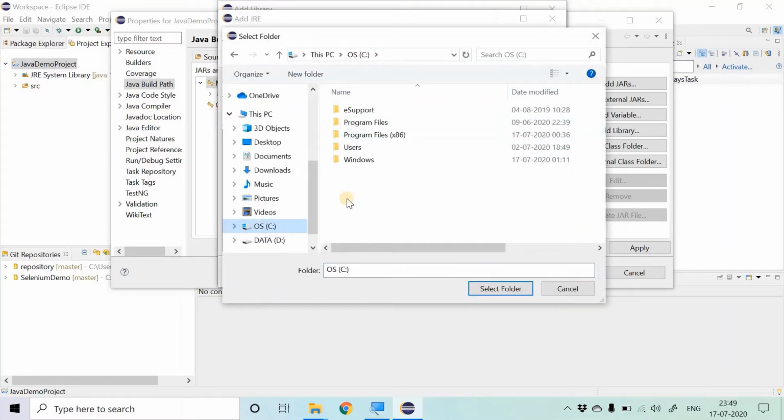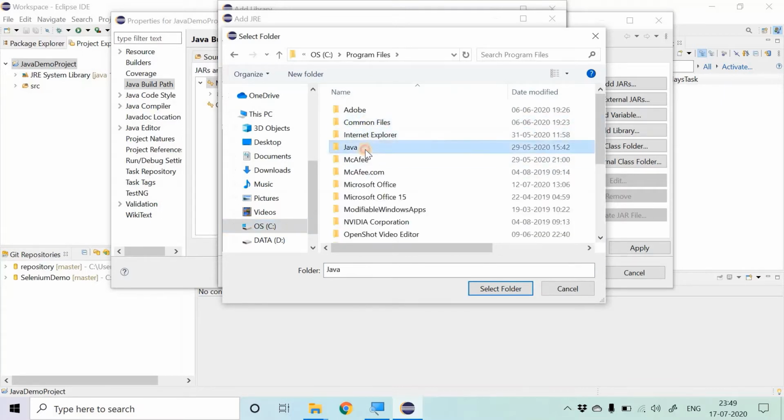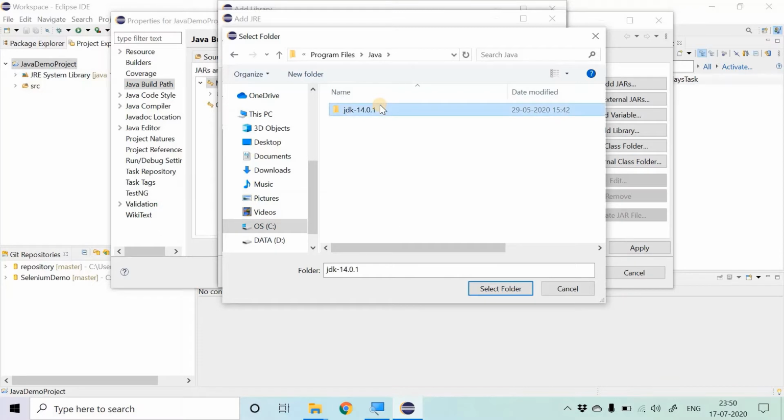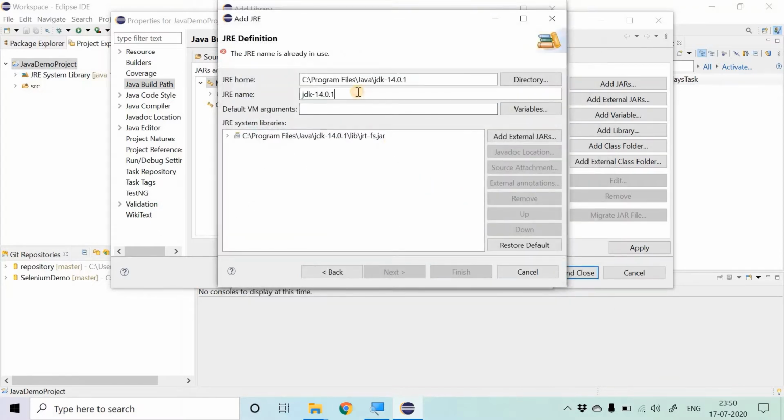For this you need to know where your Java file is present. Mine is present in program files. Just click on the JDK that you have downloaded and select the folder. And you have to rename this particular area if you get that above warning message. Just name it anything you like. If you specify the version, it would be much easier for you to recognize that this is your latest Java. Just click on finish